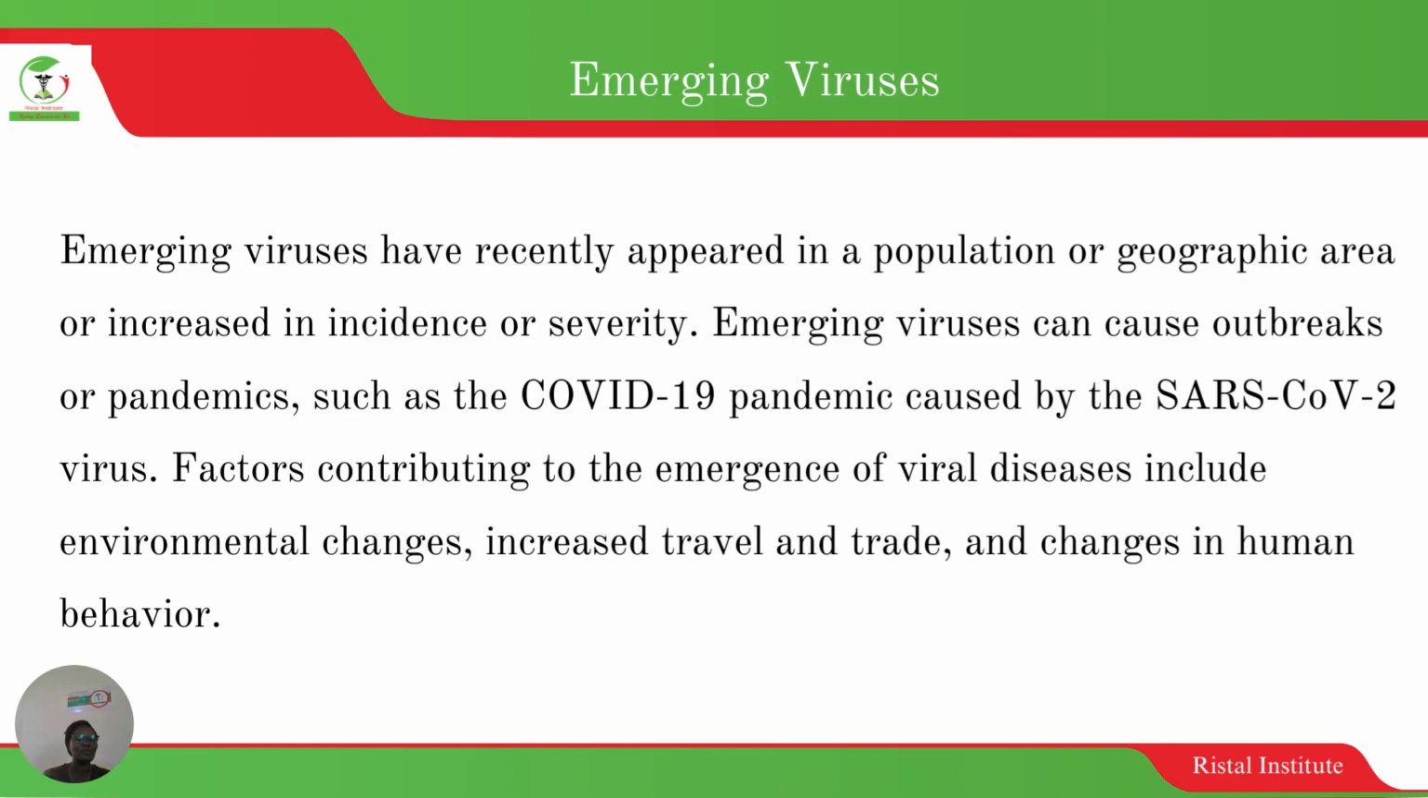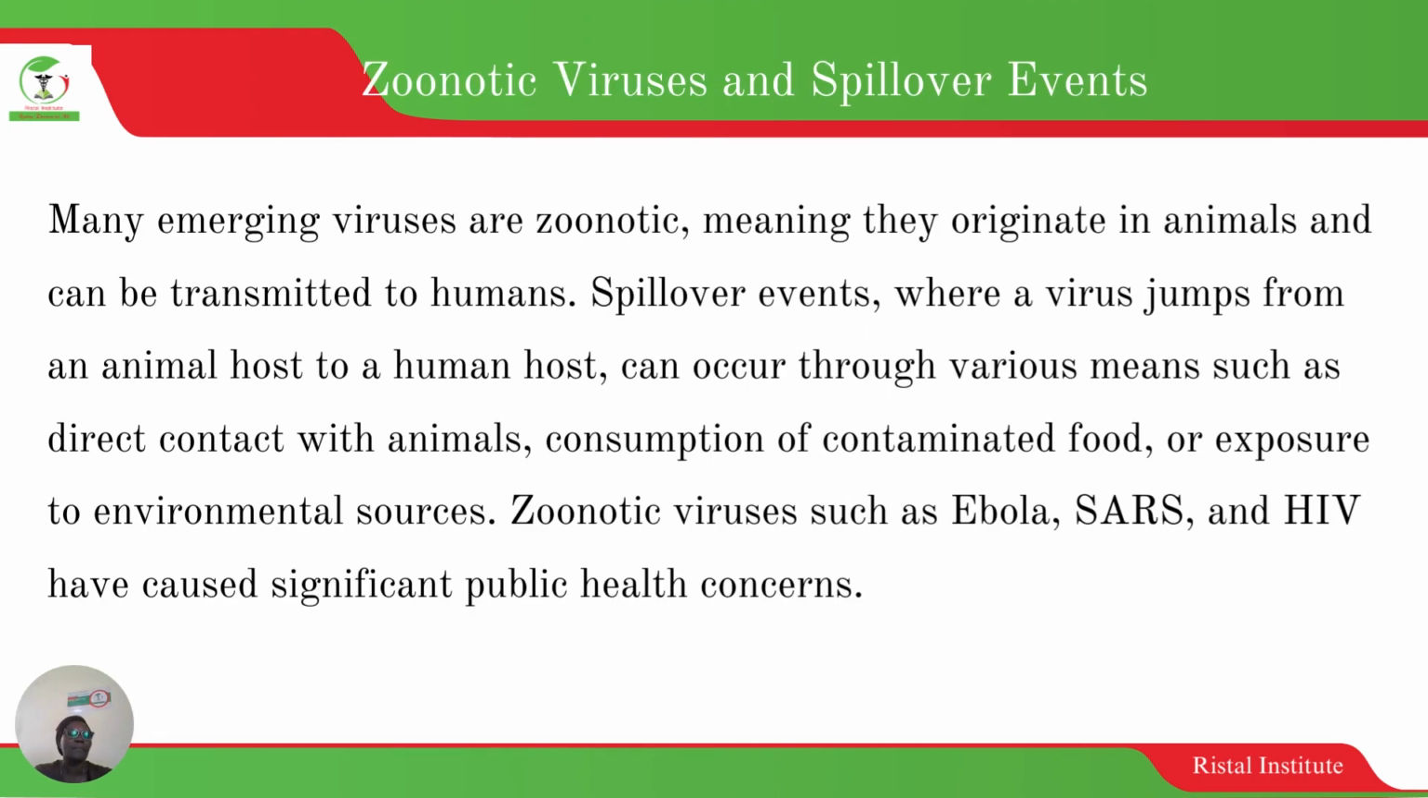Human beings keep moving from one country to another because they have to trade, of course, and they need to survive. But in between, there is carrying of these viruses from one country to another, and also changes in human behavior. Many emerging viruses are zoonotic, meaning that they originate in animals, then later are transmitted to humans. Spillover events: at times a virus jumps from an animal host to a human host, and this occurs through